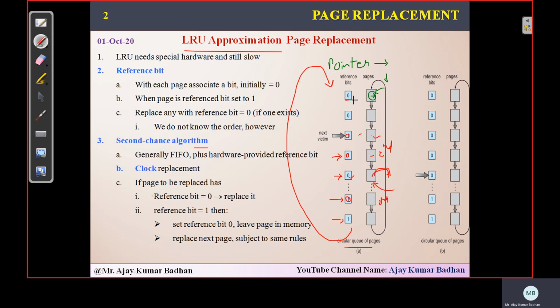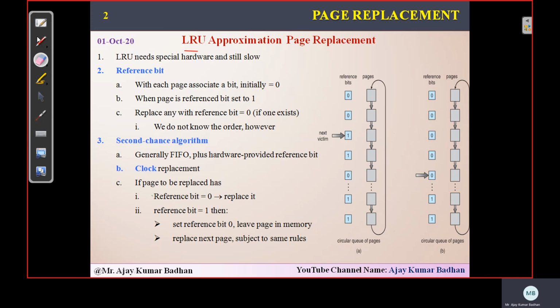Now if you see a 0 here, it can be replaced. Now if you see here, this page is 0, which means this page can be replaced now. In this way, the entire cycle of the second chance algorithm works. Sometimes it is also called clock replacement. Whenever we make this a 0, the timer is also set to 0, which means it has just arrived. That is what is indicated, and from there the timer will start counting. So this is what we call the second chance algorithm.